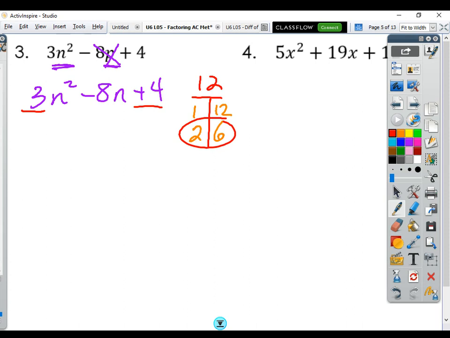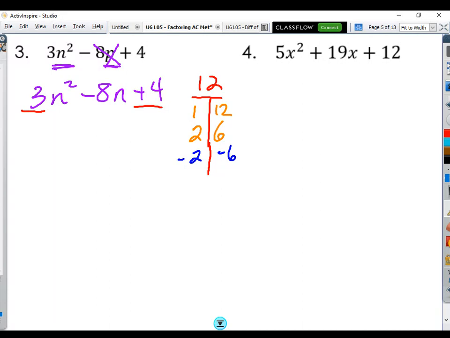And you're like, well, why? Because 2 plus 6 is 8. Yeah, but not negative 8. It's supposed to be a negative 8. So it's not that 2 and 6 are wrong. 2 and 6 are not wrong, it's just they're not completely right. So it's not 2 and 6, it's actually negative 2 and negative 6. So anytime you have the right numbers but you have the wrong sign, you probably just need to change your